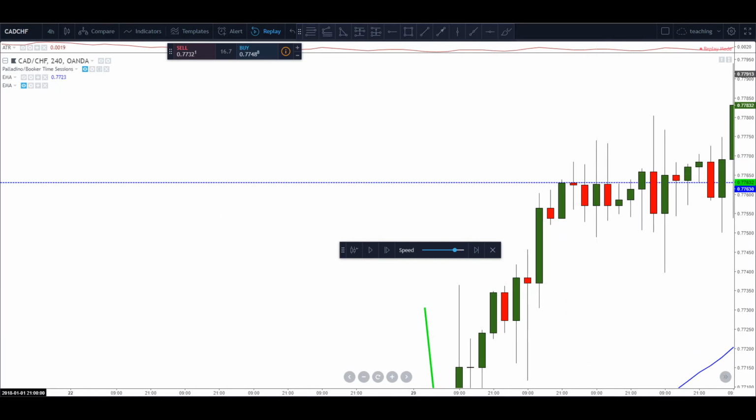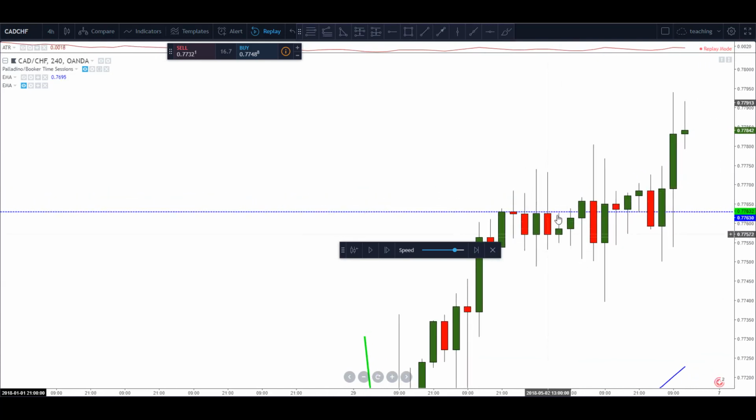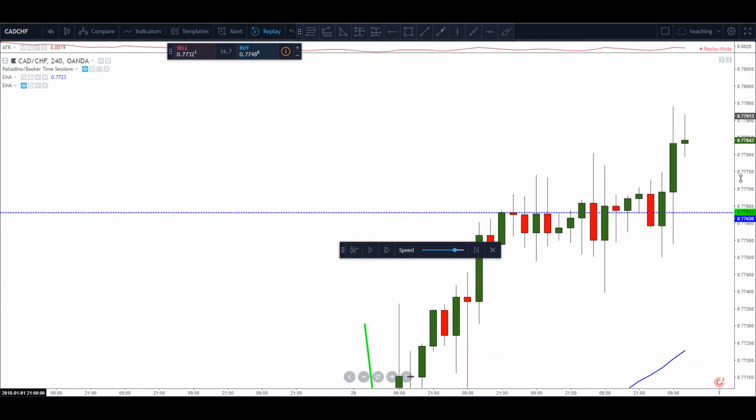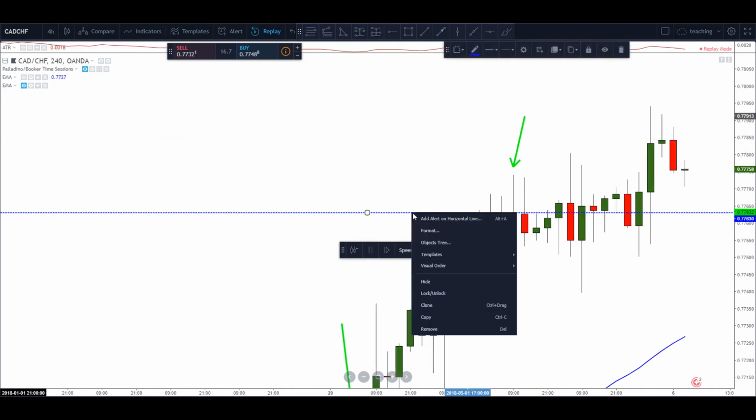ATR is 18. We would do a 20 pip stop. On a 4-hour chart, 20 pips is going to be the least amount we're going to use as a stop. So if we go down 20, you can see that we're well away from actually being stopped out by that candle, and the market has now pushed up to hit what probably would have been our targets. We'll mark this off with a green arrow, and we'll click the play button to continue looking for trades based